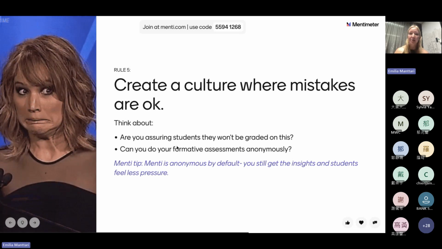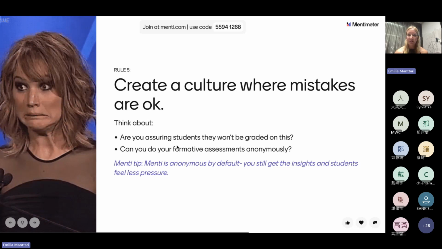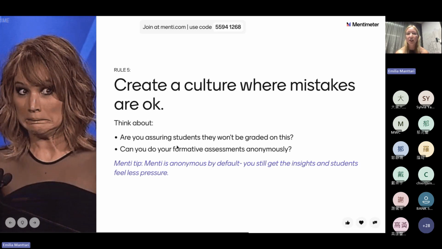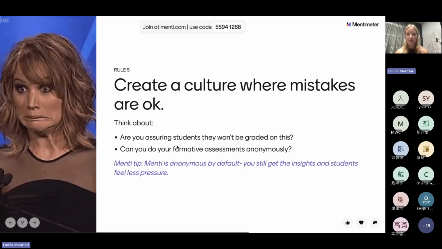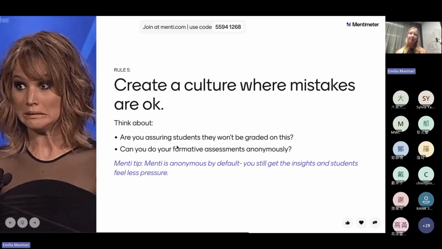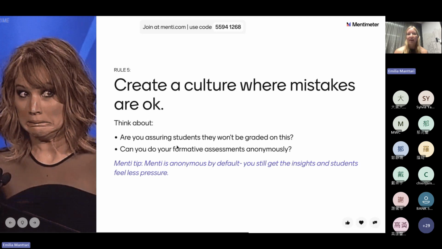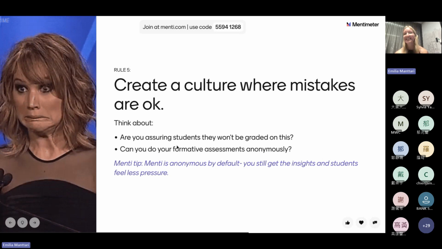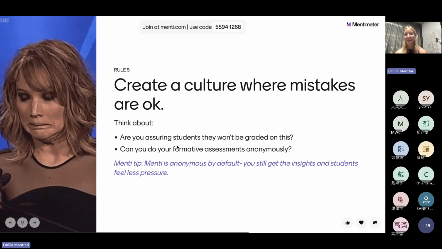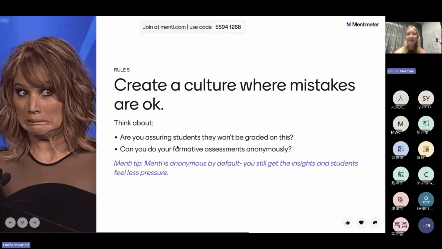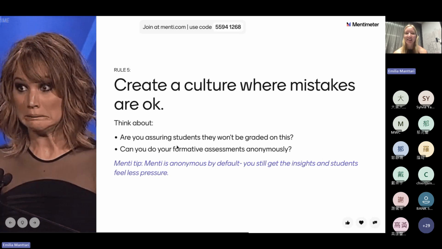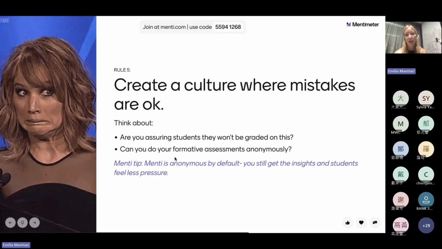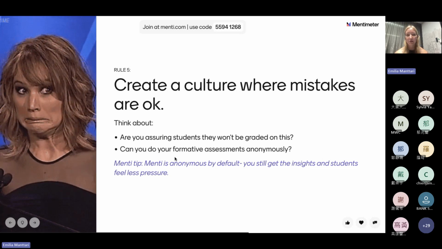Some questions that you can think about then is, are you assuring your students that they won't get graded on this? So sometimes in a formative assessment, you would, for example, do some sort of knowledge checks, and then giving your students the feeling that it's okay if I make a mistake here, then I just know what I need to learn more about. It's not that I'm getting assessed here or that this is a scary thing that I need to get correct. And then also really recommend doing formative assessments anonymously, since this allows for you to